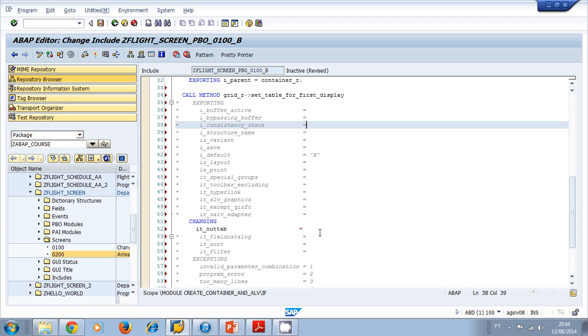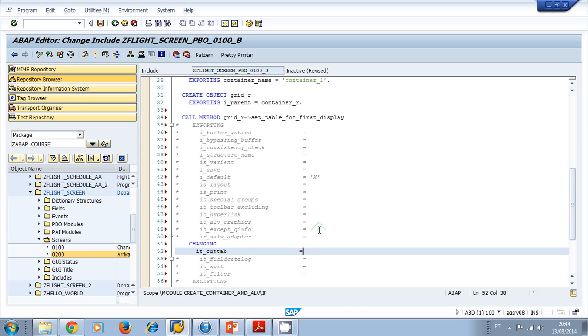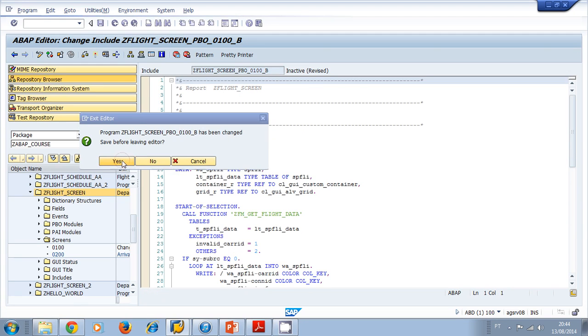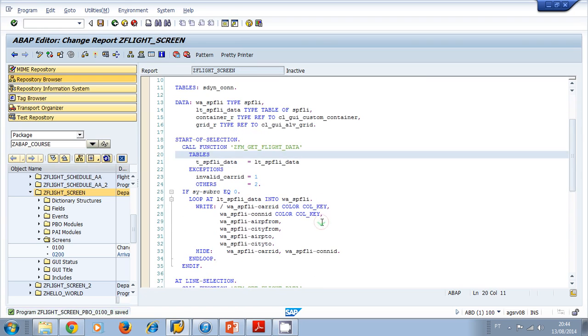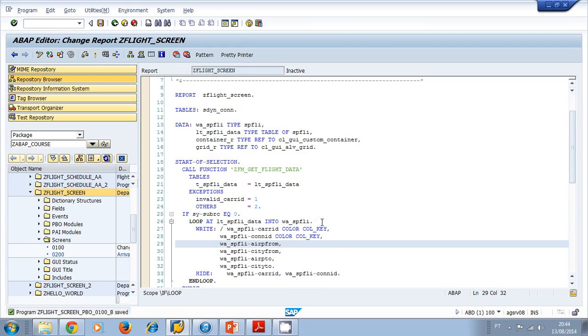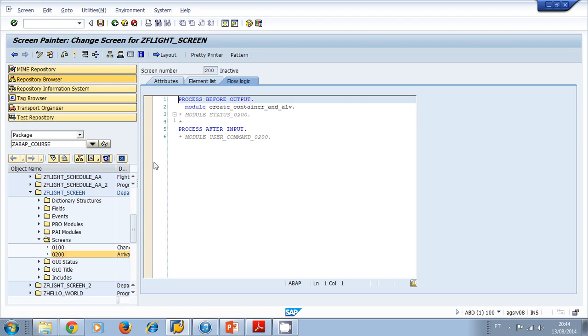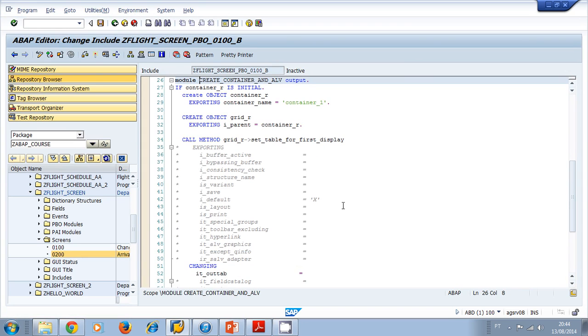So the only thing that is obligatory is the internal table you have to pass. Remember the internal table. The internal table was in the program. So let's navigate to our program, and the internal table we're using to store the data is this one. So I'm going to copy this, go back to my screen, go back to my model, and